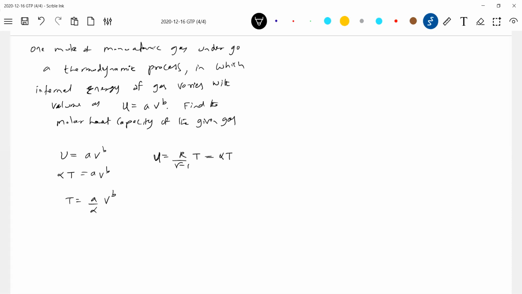Just now we had a discussion, temperature equal to. Okay, we'll do one thing. I'll be needing the dV, no. So let me differentiate this. dT equal to A by alpha B V to the power of B minus 1 dV. Okay, this is the value of dV. So let's go for work done by the gas, P dV from 0 to delta T. So P should be equal to nRT by V, or RT by V. So dV is equal to dT by alpha A B V to the power of B minus 1.